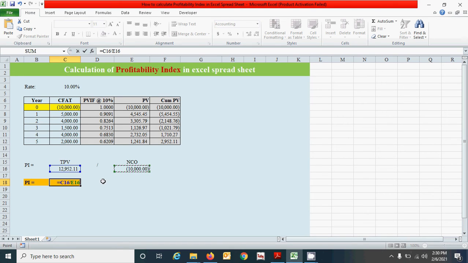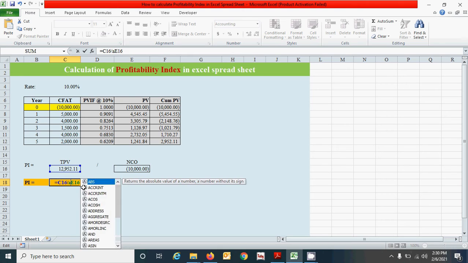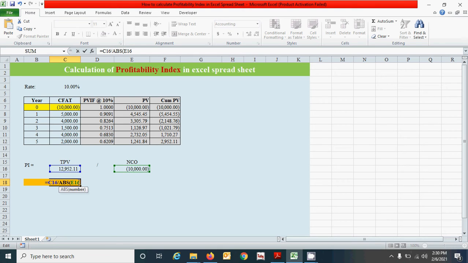But before pressing the enter key, use the ABS function here to get the positive amount of NCO, because we are going to calculate the ratio, that is the present value of benefit divided by the present value of NCO. This NCO is already in negative form, so we have to convert it to positive form. That's why we have used the ABS function. Now press the enter key. Alright, we got it.